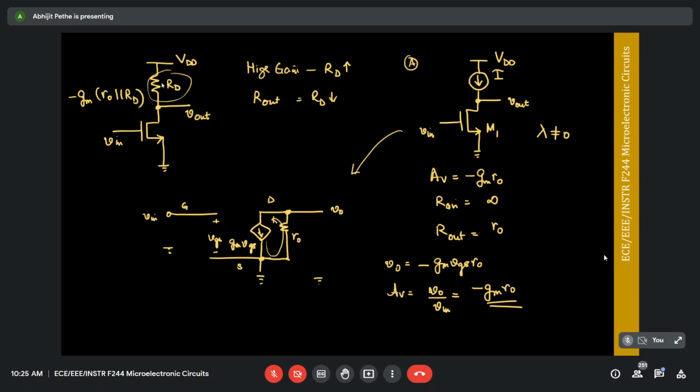Another transistor in saturation. Very good. The simplest way to create a current source would be if I replace this RD with another transistor in saturation, right? Then that transistor in saturation behaves like a current source, right? So let's look at the next topology in common source, and this is known as a